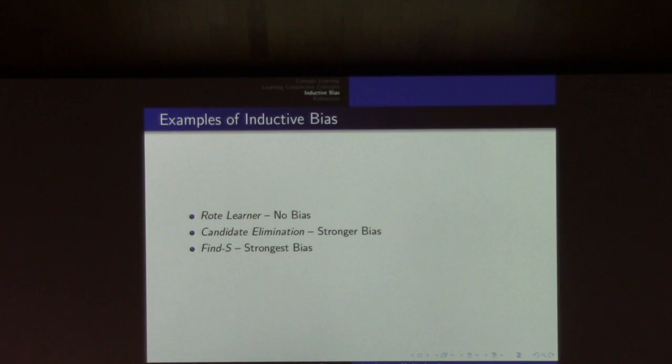And find S has the strongest bias, because what you have said is that your answer is a conjunctive hypothesis and nothing else, all right? So that's the idea. Now when you're designing new algorithms, you need to be less biased